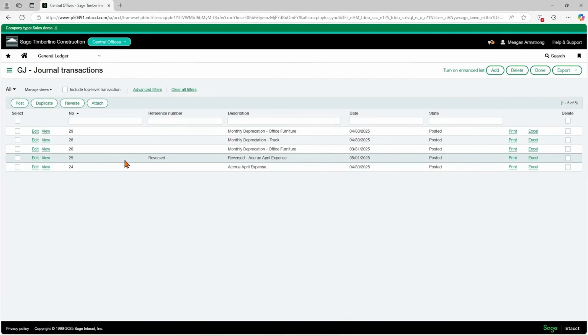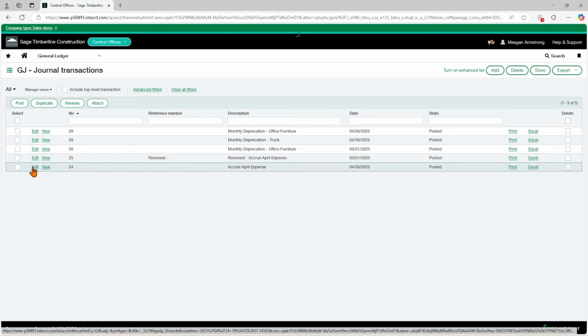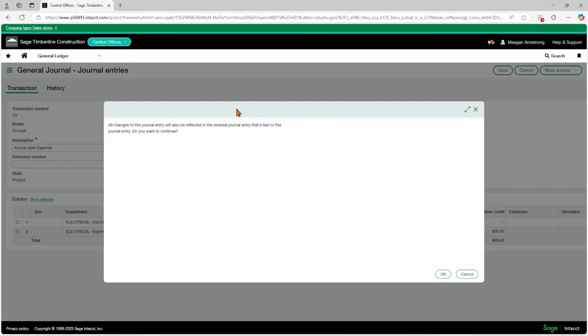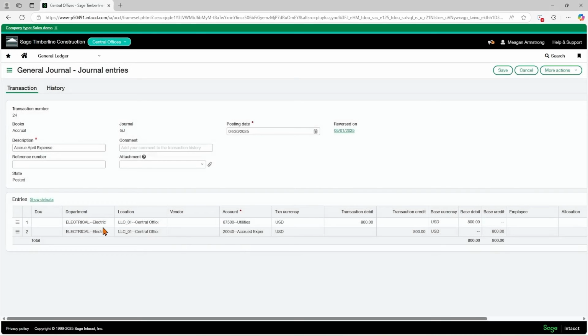Special consideration for items that have been reversed. If you're going to edit the original or the reversal, you're going to get this box here saying all the changes in this journal will also be reflected by the reversal. Do you want to continue? You can hit OK, or you can hit cancel just to edit the original one. But I'm going to hit OK because we put this